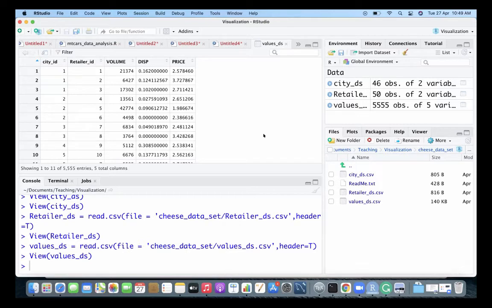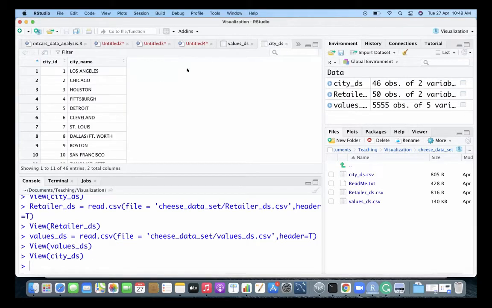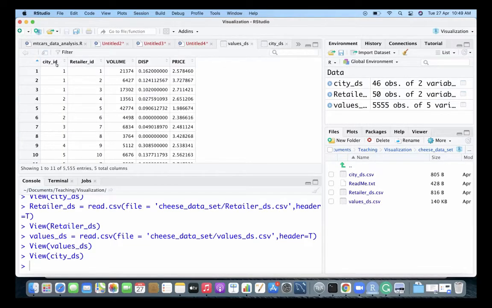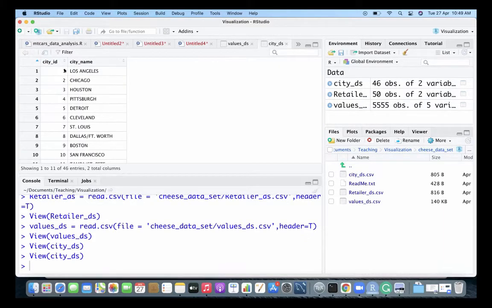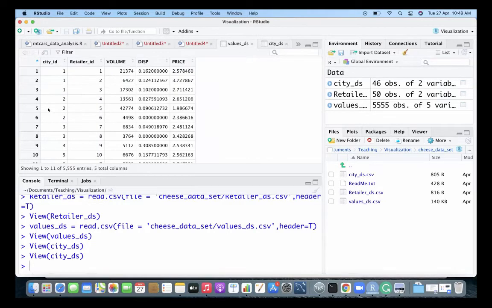You are talking about whether we want to add a city name with the city ID, correct? Correct. Instead of the city ID, suppose the first city ID is Los Angeles. I could have easily written Los Angeles, Los Angeles, Los Angeles here. Instead, I wrote 1, and I am maintaining another data set where 1 means Los Angeles. Why am I doing that? Saving space. Yes, exactly.